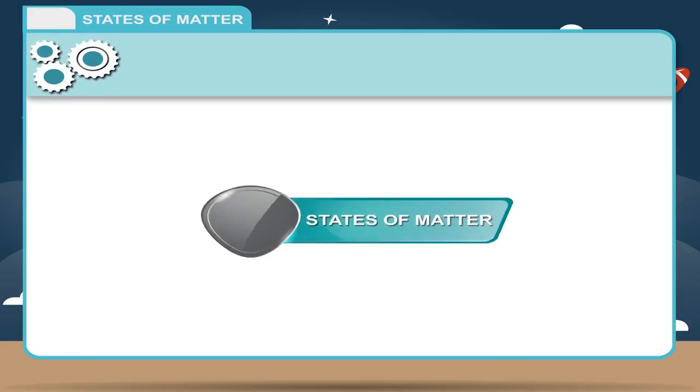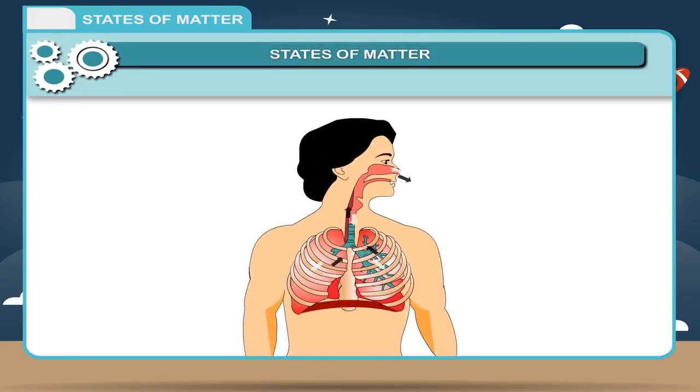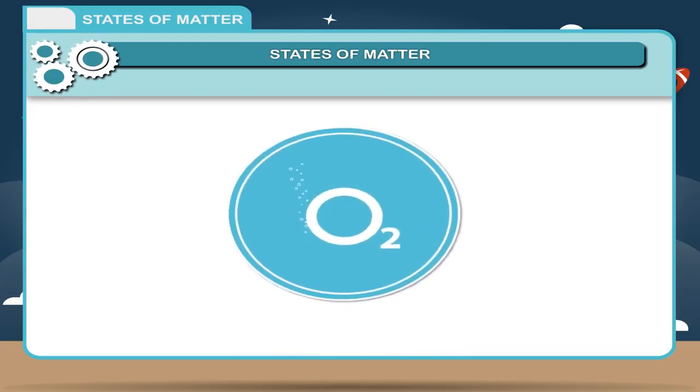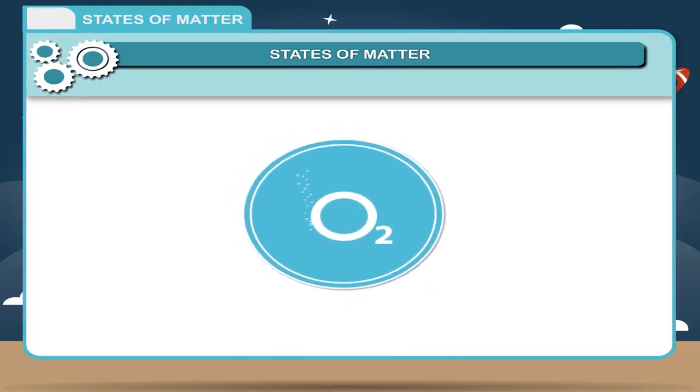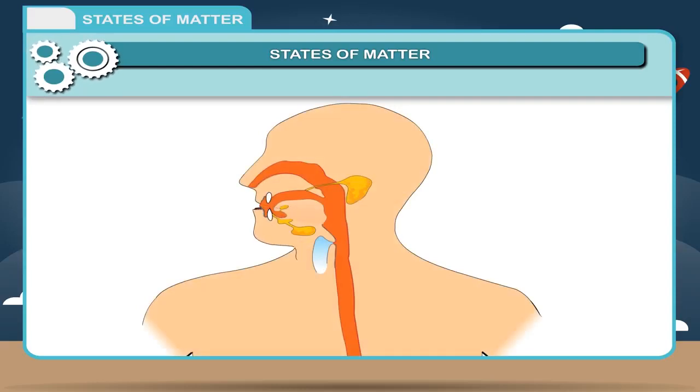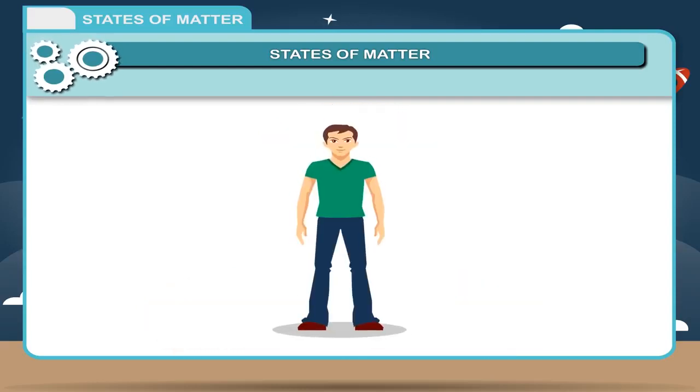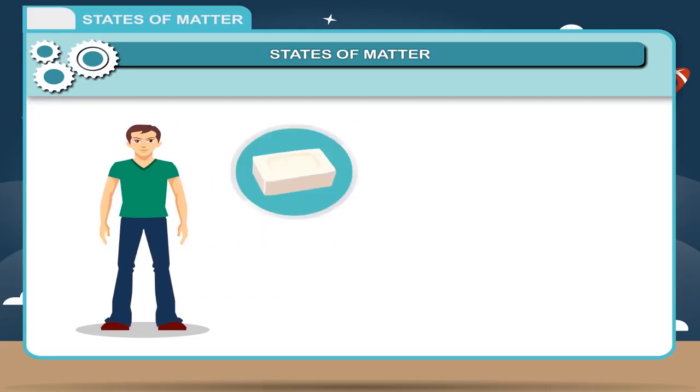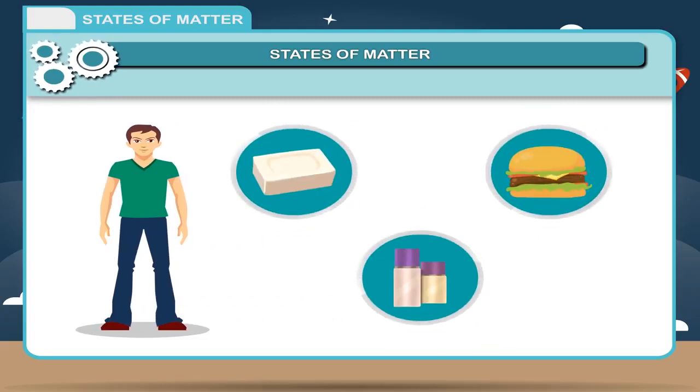States of matter. To live, each living being breathes in air. Life on this planet has been possible due to the presence of oxygen in air and water on Earth. To keep going, we need energy, which is supplied to our body by the food we eat. To live constantly, we are using substances in different physical states around us.